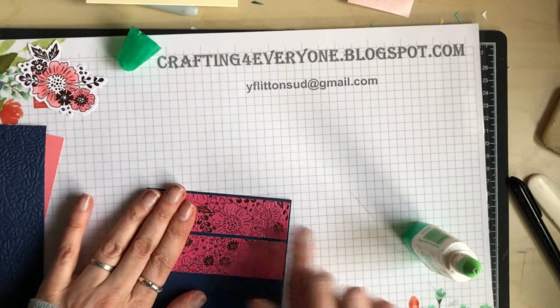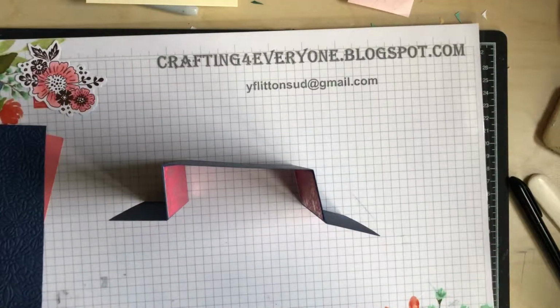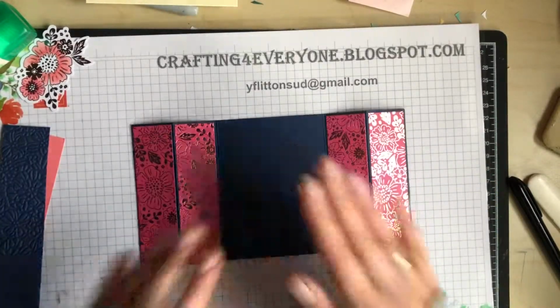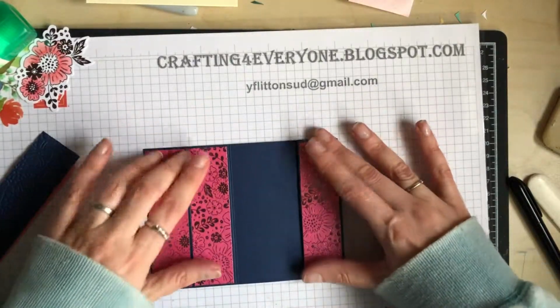And that's that. So then we've got that. Shut that a moment. Right, now to make the bridge card, it lies flat when you put it in an